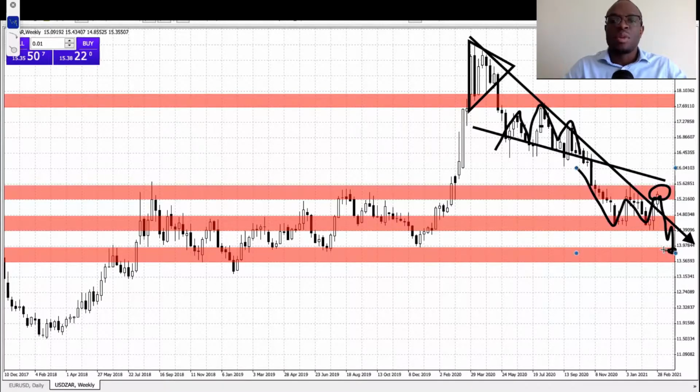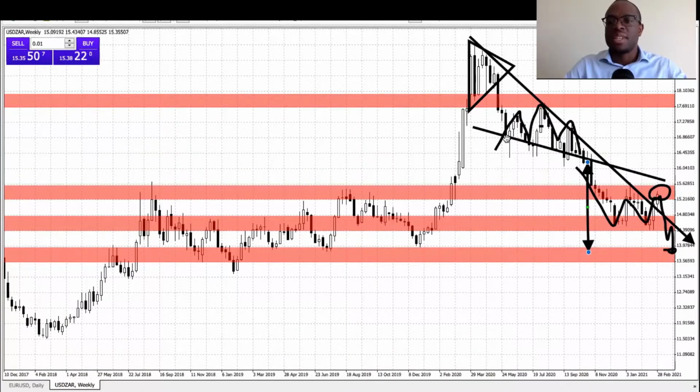13.5693. Remember, I said that you'll see where this triangle is going to come into play. Usually when there is a triangle, the movement to the downside or to the upside facilitated by the triangle will be equal to the height of that triangle. This is the height of the triangle. So the movement to the downside from the price breaking from the triangle will be the same measurement as this,